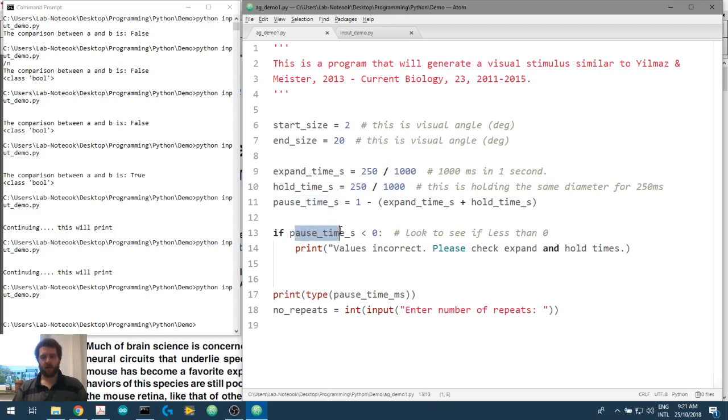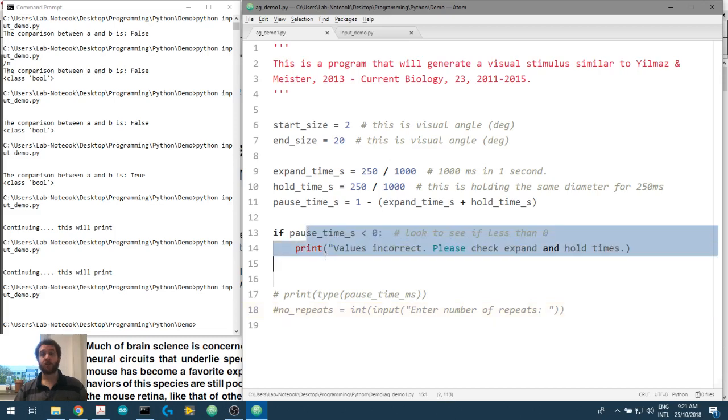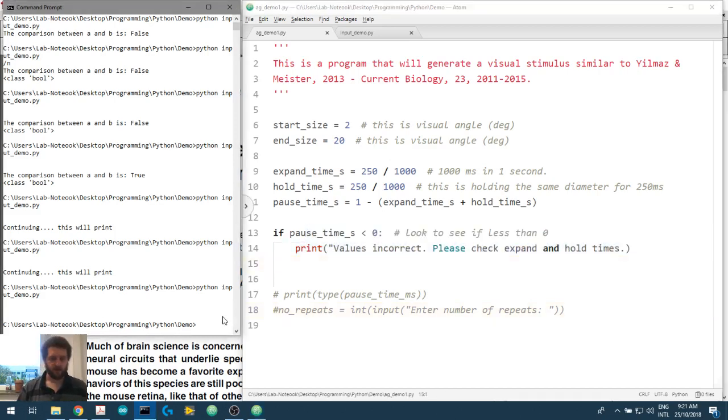And pause time is greater than 0. So it will not print this. Let's see what we get out. We will comment this out because we don't need to run this part of the program. We're just checking to see if this is true. So Python